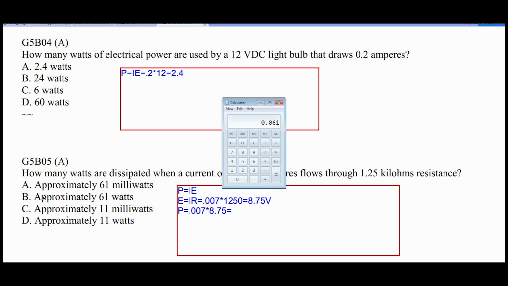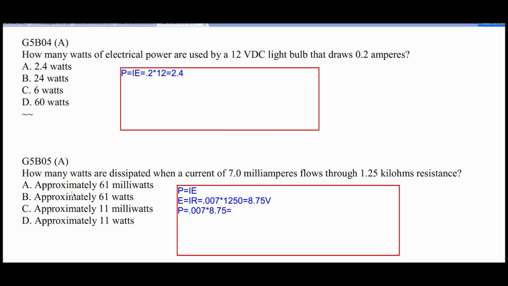So the answer is A, 61 milliamps once we move the decimal over. All right, so we solved for the voltage, and then once we got the voltage, multiply that times the current. That gave us roughly 61 milliamps. Had to keep track of where the decimal place went to. All right,